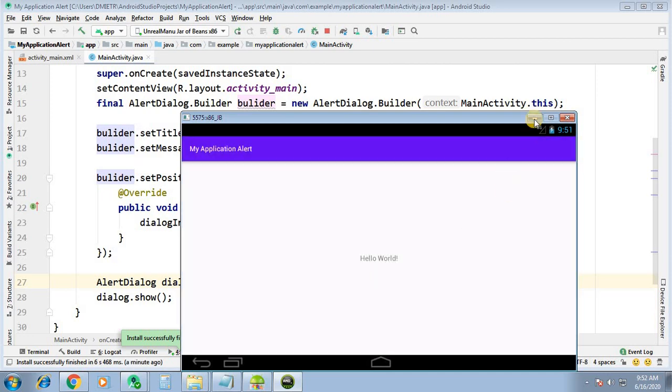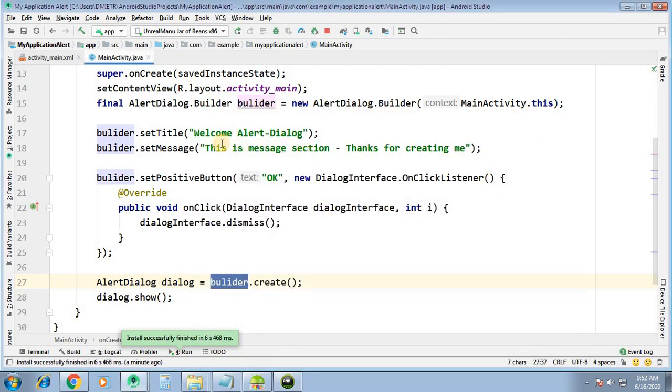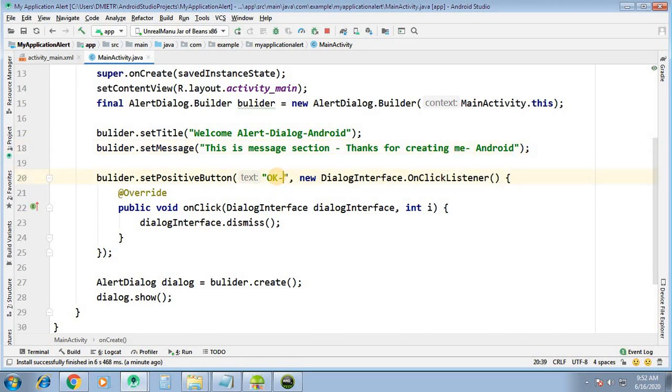This is the alert dialog. You can change this, for example, "Welcome to alert dialog Android". If you change something, then the corresponding changes will occur.